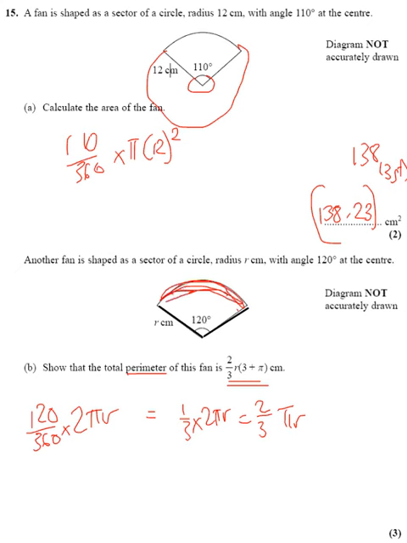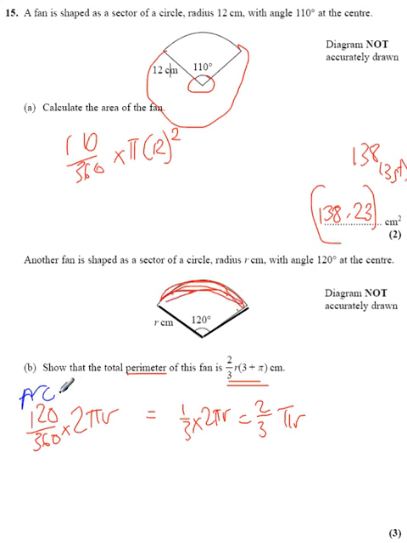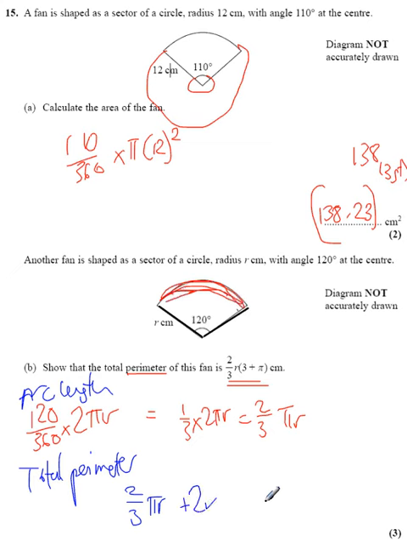So we're nearly there. We just need to add on each of those lines, and each of those lines, of course, are a length r. So this is our arc length, effectively. I should label it. So the line in red is the arc length. And then we need to add on, so the total perimeter is going to be that 2/3 pi r plus 2r. And if we take out 2/3 r as a factor,